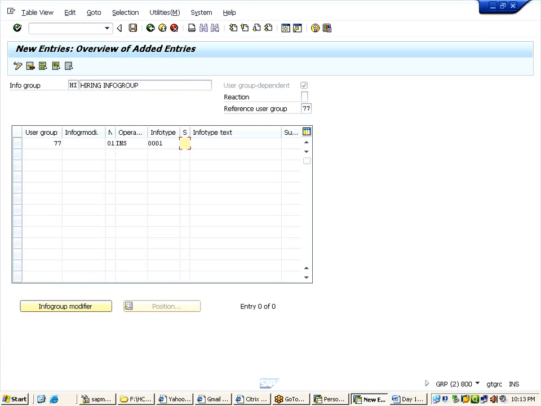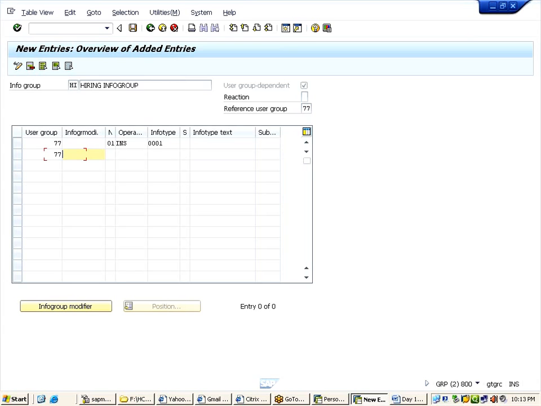And this is for subtype. Since info type 1 doesn't have a subtype, I leave it blank. In the next row, you have to call another info type. Why? Because yesterday, see, I called 3 info types. So, 1 info type per row in the sequence.